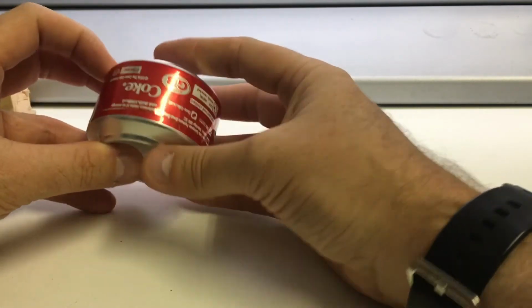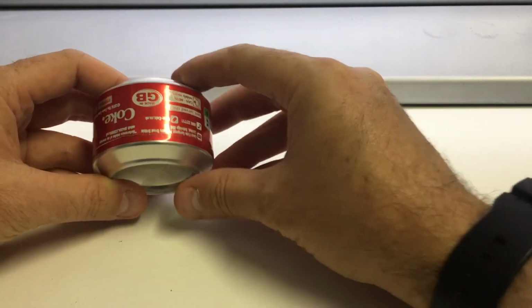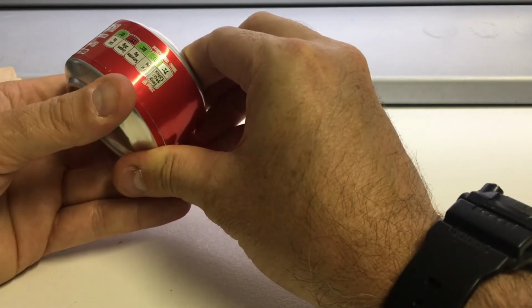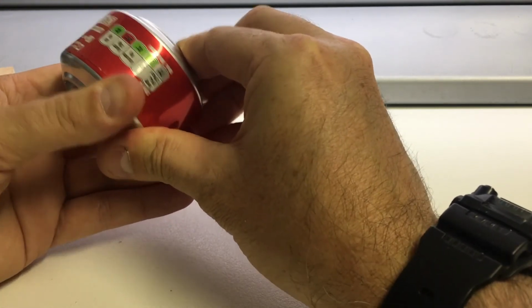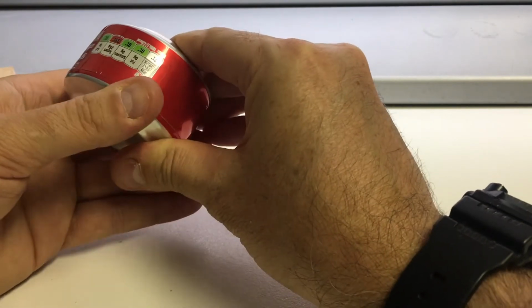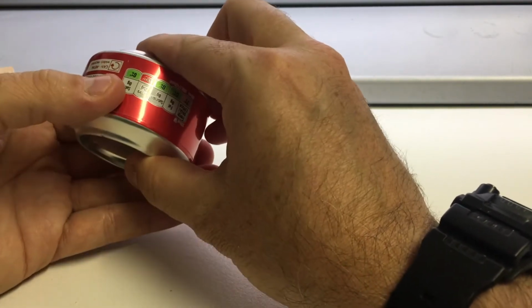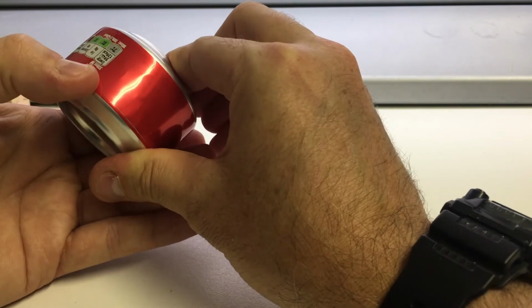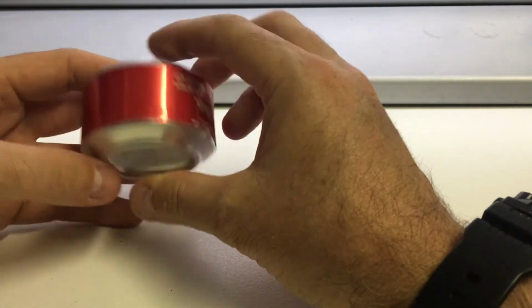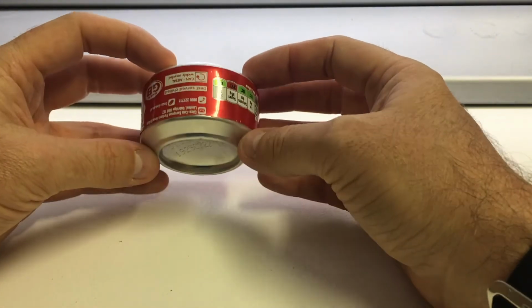So there you go. So the idea is to make the line of the top can meet the base of the bottom can with just a little bit of gentle persuasion. So the idea is you're creating a nice seal around the bottom. So that's looking good. So there you go, something like that. So there is your basis for the